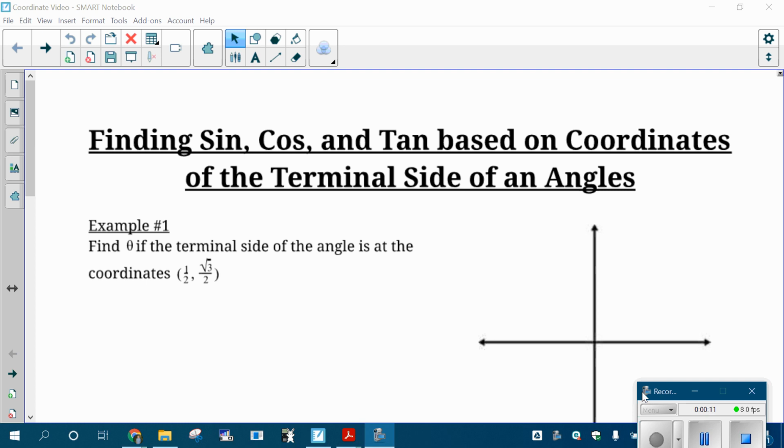Hey everybody, Mr. Cubby here, and in this video we're going to talk about how to find the sine, cosine, and tangent based on the coordinates of the terminal side. Okay, so these problems are going to be a little bit different. Instead of giving you the angle, we're going to give you the coordinates. We're just going to give you the coordinates and ask you the sine, the cosine, and the tangent. There's a little bit of a tricky part to this that we will chat about, but it shouldn't be too